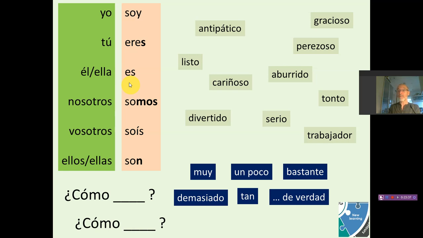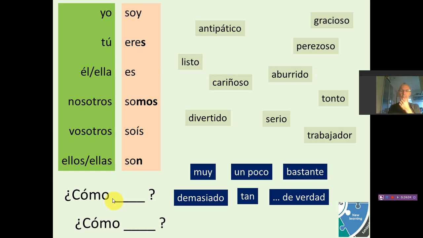Not in Spanish. If you ask the question ¿cómo es?, how is he or how is she, because it's the same question, what we're asking is, what is the person like, in terms of carácter y físicamente también, so physically and